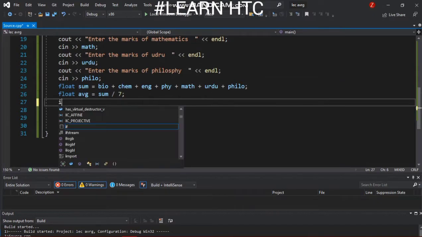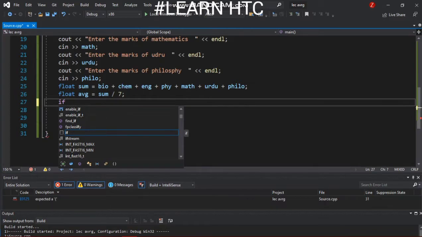Here we use conditional statement or if-else statement. The concept of conditional statement and if-else statement was taught in a very previous video. You can go to the channel and watch the conditional statement video to learn this concept, because this concept is very important in our upcoming videos and upcoming concepts. So you must know about the conditional statements, how to use them and what the syntax is.